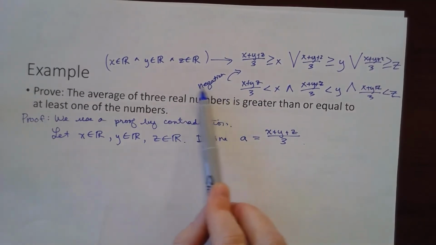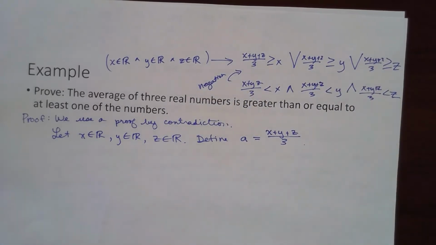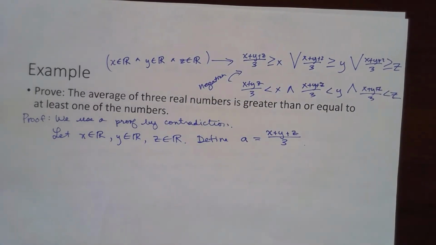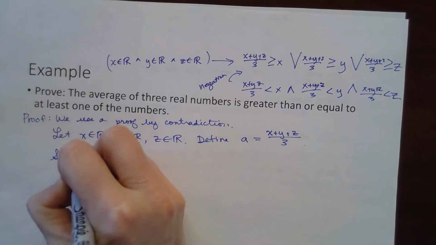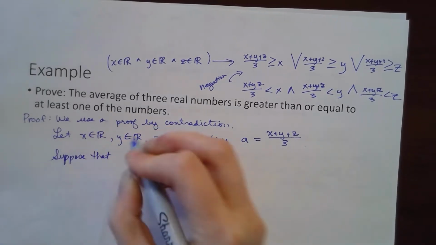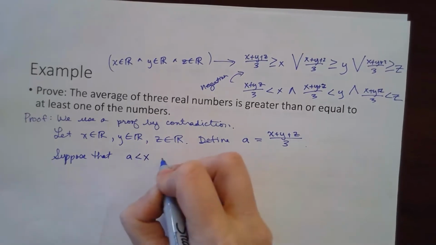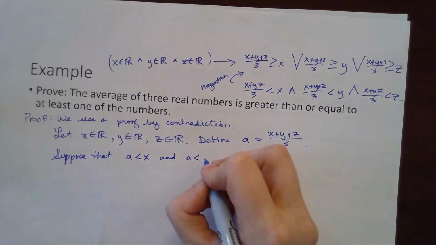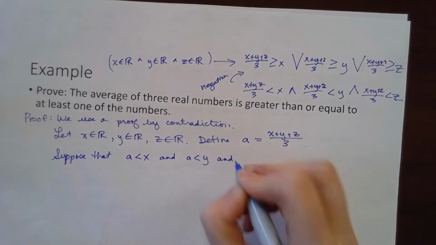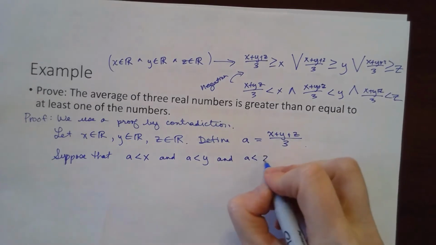Okay. All right, so remember, in a proof by contradiction, we're going to say, let's assume or suppose that the negation of the conclusion is true and see where that would take us. So let's suppose that the average of those three numbers is less than X, and the average is less than Y,